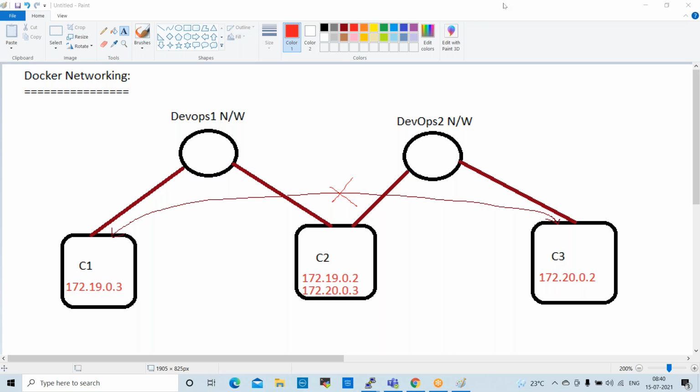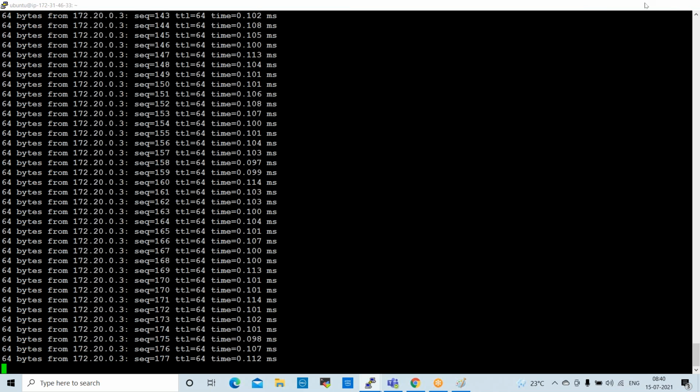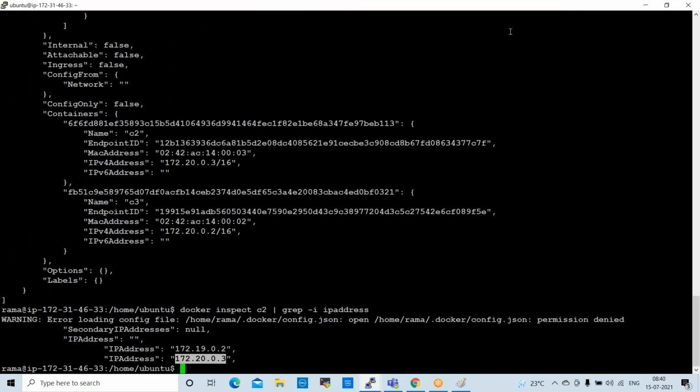Fine. Understood. And we have one more small concept. Not one concept, two concepts are there: Docker volumes and Docker vaults. It will not take much time, so we can cover these two concepts. With that, we are going to complete Docker. Tomorrow we will start working on Kubernetes. Docker is not completed yet, because in Kubernetes also we use Docker containers.